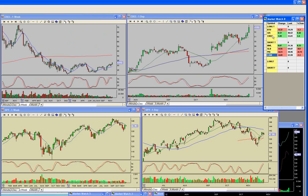This one, it's had a pretty good run. It hasn't taken too long to get it to its first target. Remember that $33 was our 3/4 target on that, and we hit that today. I finished the day at 33.01. So we get about 11, almost 12% on the first 3/4 of the position, and now we're going to leave the remaining quarter to shoot for